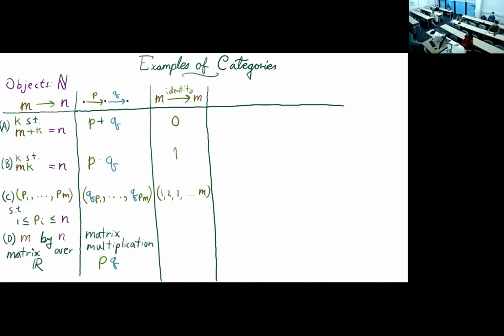Q has to be an m tuple because it has to come out of this m. So if I put this thing before it, it just takes q1 up to qm. And then if q gives me some numbers from 1 to m, then if I look, let's say q1 was 2, I look in the second position of this tuple and I get a 2. So that was a rough argument that both ways round, if you compose this thing with any other morphism of the right kind, it has to have